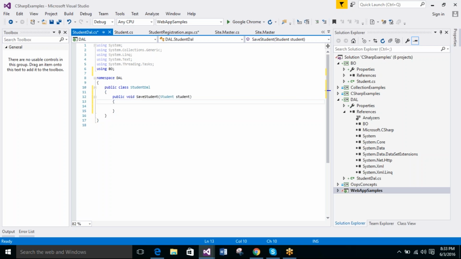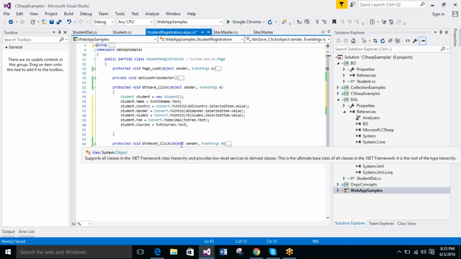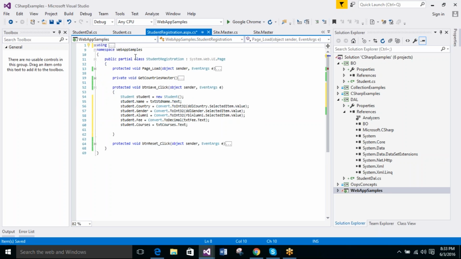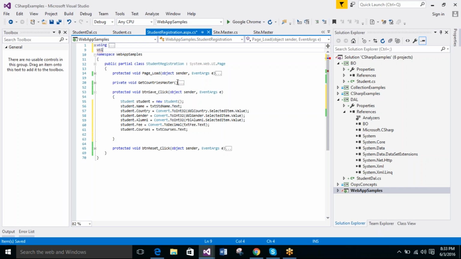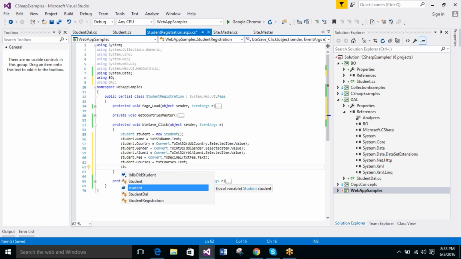let's write this code somehow later. I should be able to pass the whole object from code behind file. Let's try to get this. How I can do that? Again, I need to refer another namespace here, right? Using that. Okay, and what is the class name here? Student dal, right? So student dal, we can write like this: student dal stu